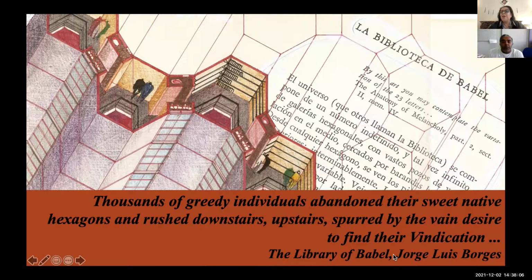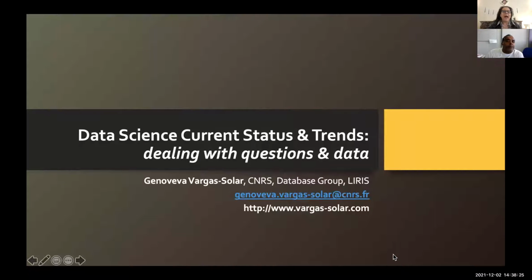Jorge Luis Borges wrote it some years ago. And when I do data science, I have the impression that I'm running across the library trying to figure out whether I find a vindication about myself or other challenges that come up in science. And around this, there are current status and trends. So I'm not the only one who's running around the library trying to figure out what to do with this